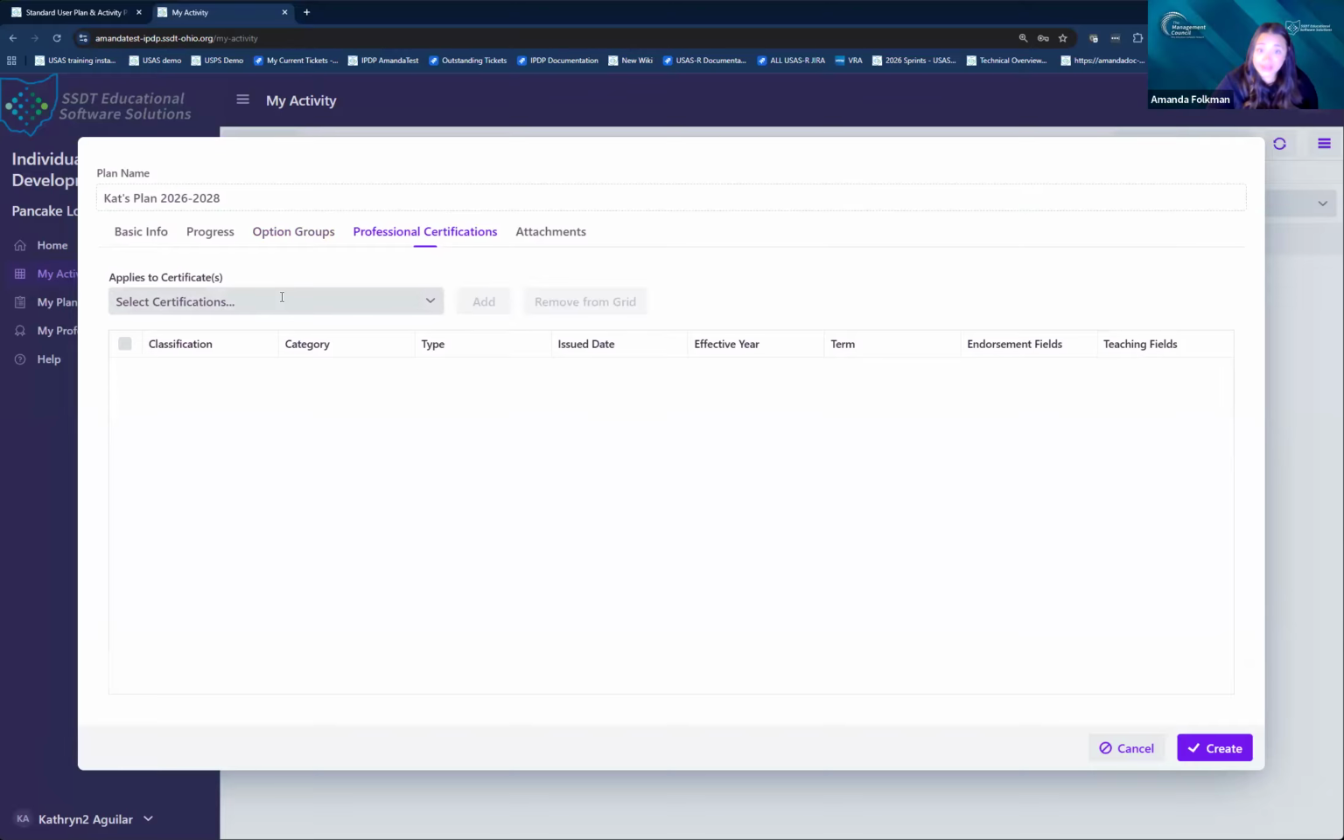Now, in this case, it won't show every single license that you have that's issued unless it's on the plan. So this would be a list of anything that is listed out there that is on the plan to be able to select and add to this grid. And then how that's going to result is